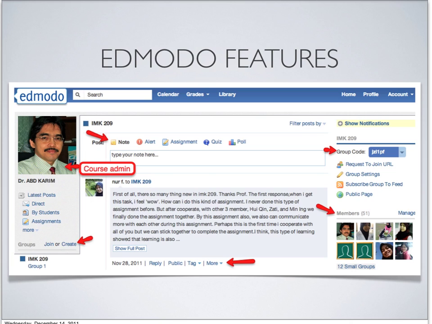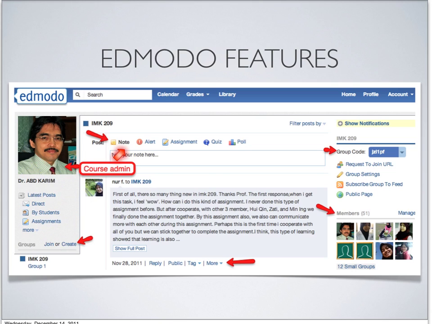Okay, another thing here. The first thing when you log into your course, if you are new, then maybe you want to create a course. So you can create a new course here, and you can create several courses. In my case, for example, I have 3 courses that I have created in Edmodo, and I can monitor all these 3 courses, all the activities at the same time.